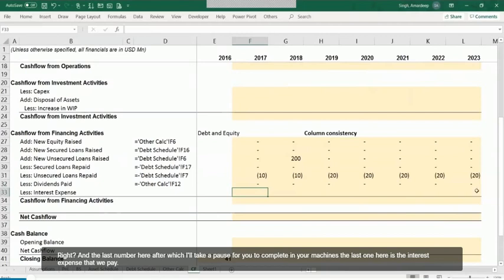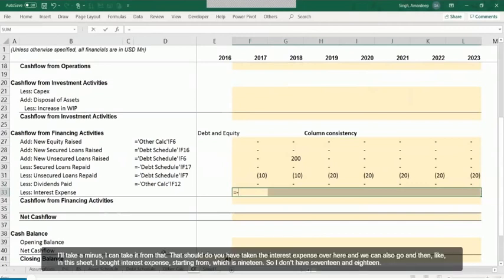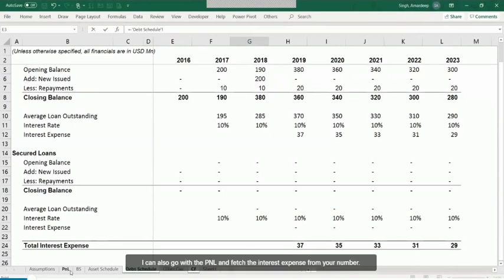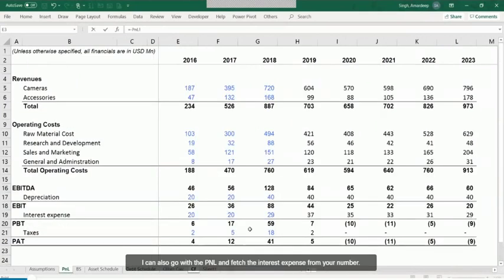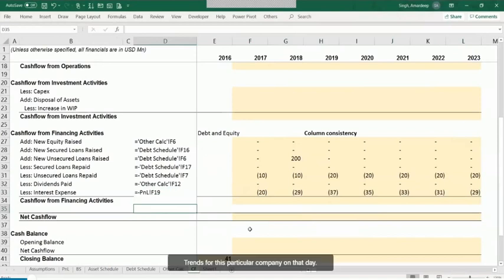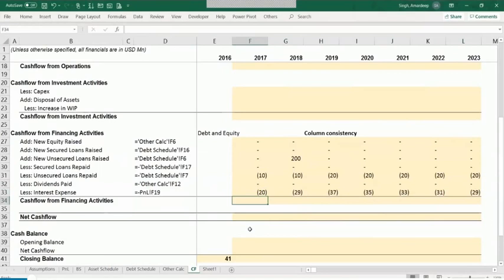So the last one here is the interest expense that we are paying. So I'll take a minus. I can take it from the debt schedule. We have taken the interest expense over here, and we can also go to the P&L. In this sheet, I've got the interest expense starting from column H, which is 19. So I don't have 17 and 18 here. So I can also go to the P&L and fetch the interest expense from row number 19. When you take this, it's going to pull that number over here, which is the interest expense for this particular company on the debt. So the total of this is going to give you